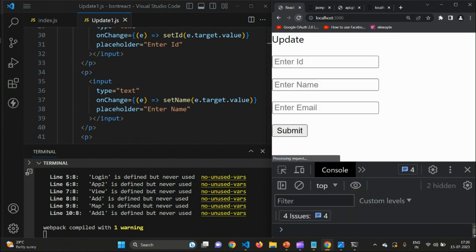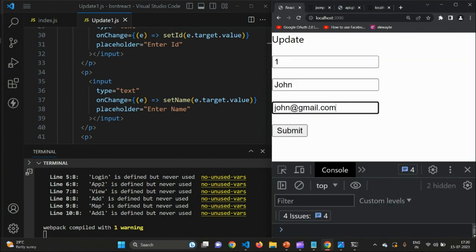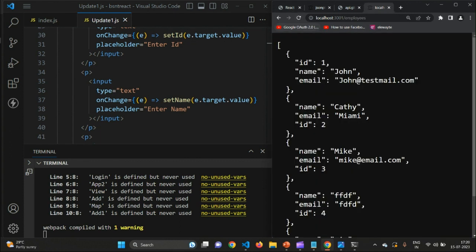Let me refresh this page. Okay, so ID one, and then John, and then John at Gmail. So you see, earlier the value for this email was john at testmail.com. Now I'm changing it to john at gmail.com and clicking on the submit button. And if you come here and refresh this page, you see that the email ID has been changed to Gmail,